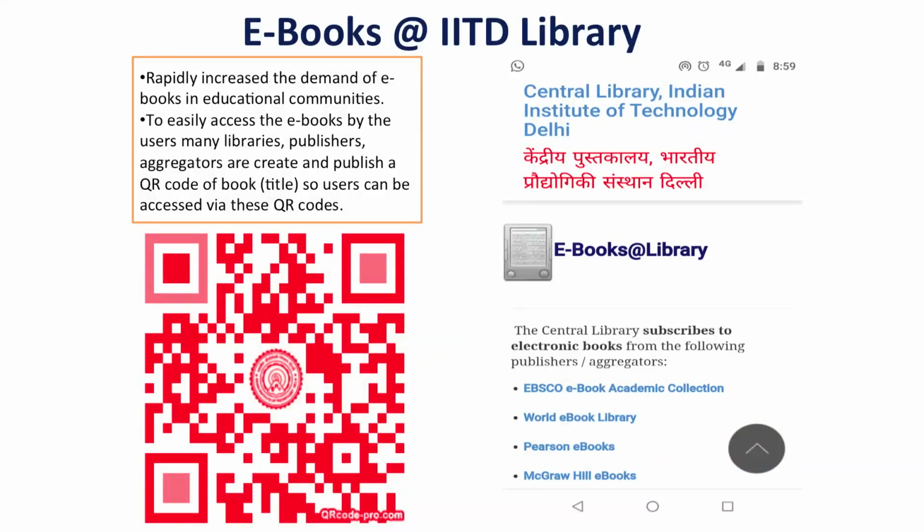For example, you can see on the left side of the screen there is a QR code for e-books. This is meant for the IIT library. The moment you scan this QR code, it immediately comes to your mobile, as shown on the right side of your screen, that is the mobile view, and it will display all the e-books which are subscribed by the IIT Delhi library.